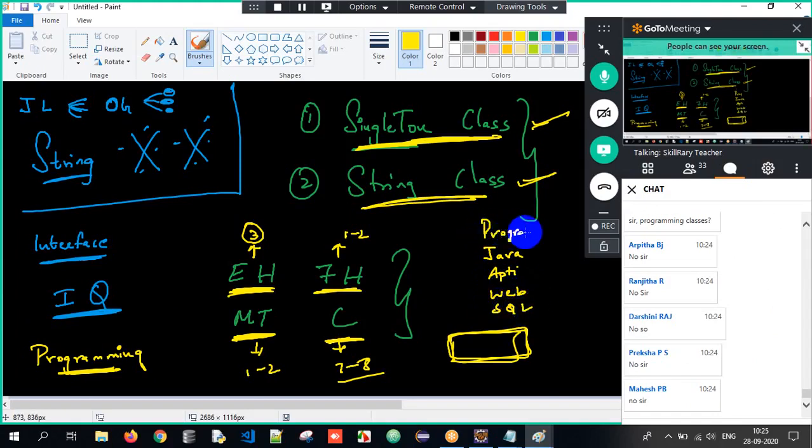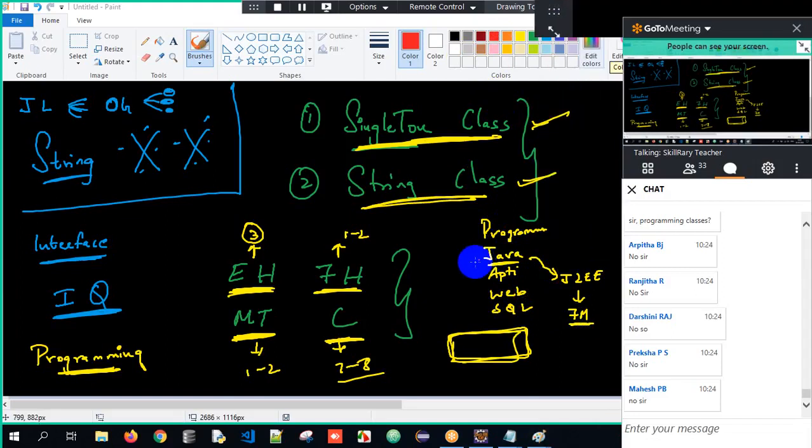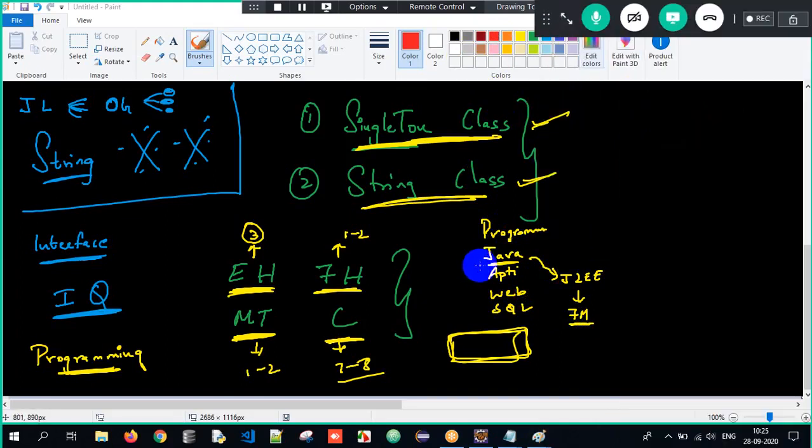After Java, you will slowly jump into J2W, and after J2W, you'll jump into frameworks. These are the concepts and subjects you're supposed to cover in the course. Java I will complete, don't worry. You just cross-check if you're done with aptitude, web, SQL, and programming classes. If not, talk to Chaitra and get it done. If you're not able to, let me know, drop me a message on WhatsApp, and I'll do it.